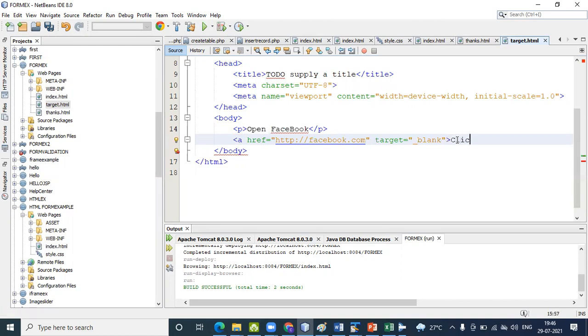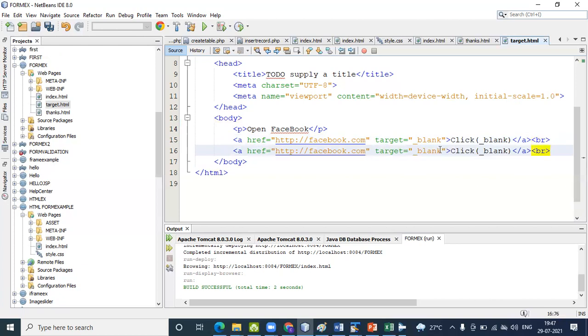Then I pass here "click_blank is". Then we're using here self, blank, self, then we're using another part.